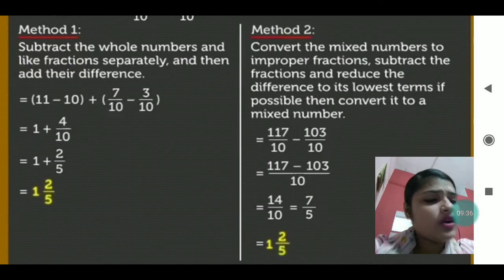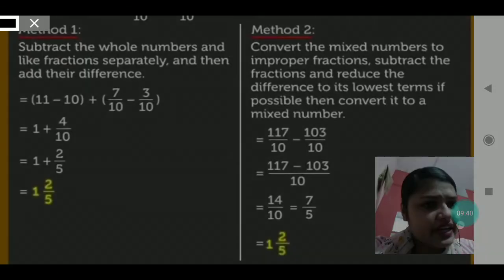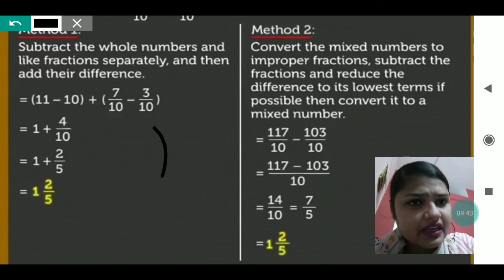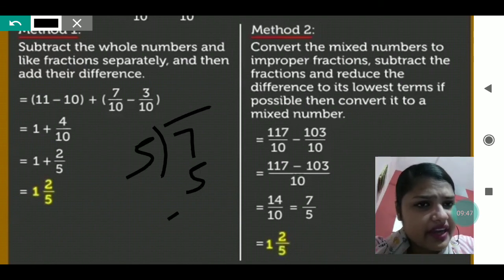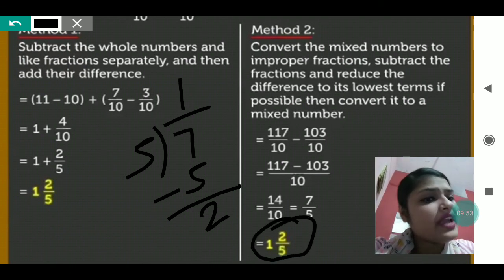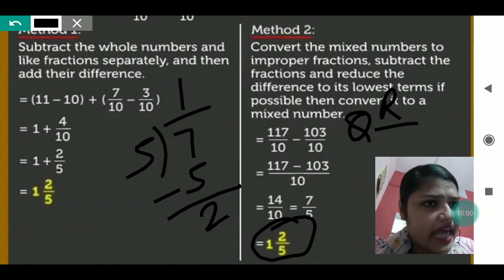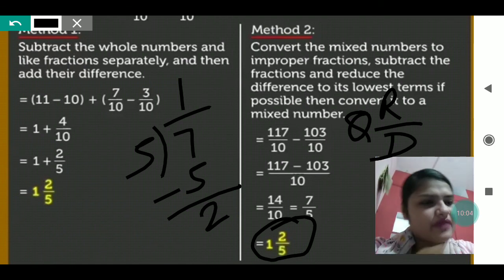So what will you do now? You will convert it into the mixed fraction. And how do we convert it into a mixed fraction? By dividing. So 7 divided by 5. It can be divided one time. So 2 will be the remainder and 1 will be the quotient. So what is the answer you will get? 1 2 by 5. Okay, how do we write this? Quotient, then remainder upside, and the divisor downside. Okay, in the same way I have written. This was the second method we have done.